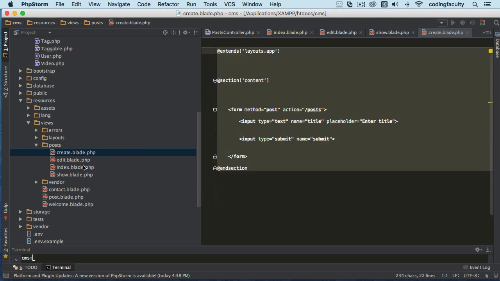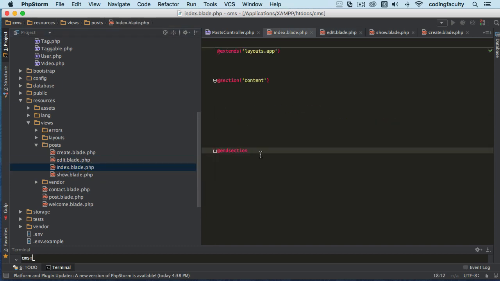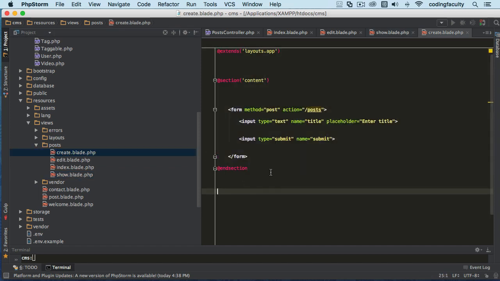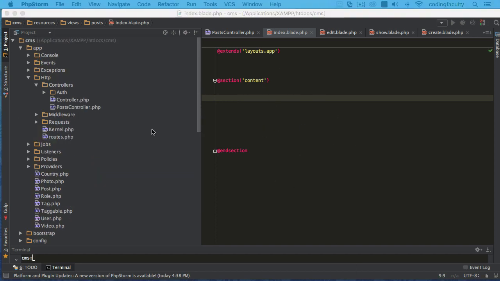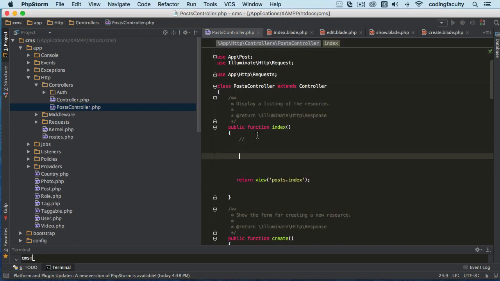So I'm gonna copy this and take it to edit, paste it in there as well. I'm gonna take it to index. That's fine on index, and to show, and take the form out. Okay, cool. All right, guys, sorry about that little boo-boo. I was going kind of fast and did not realize that I was copying the yield function. All right, but anyway, so once we go to index, what we want to do is actually display some of this data in here, but we don't have any data coming to the view yet. We have to go back to the controller and create this data and pass it through just like we did before. Okay, so